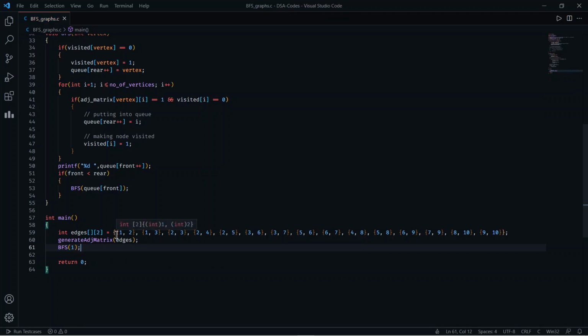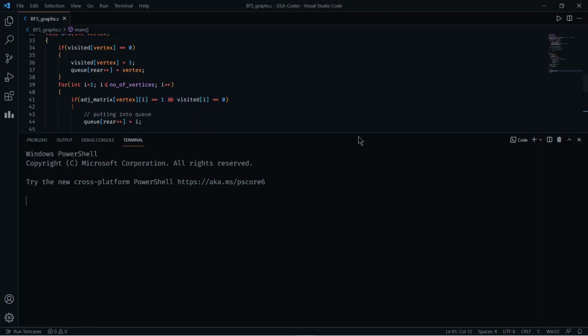And in our graph we have main node as 1, so I'm just putting it here 1, that is I'm starting the BFS from 1. We can use any of the vertices, and here I am starting from 1 just because in the algorithm I have started the BFS algorithm from 1. So just to check our answer, I am giving this as 1.